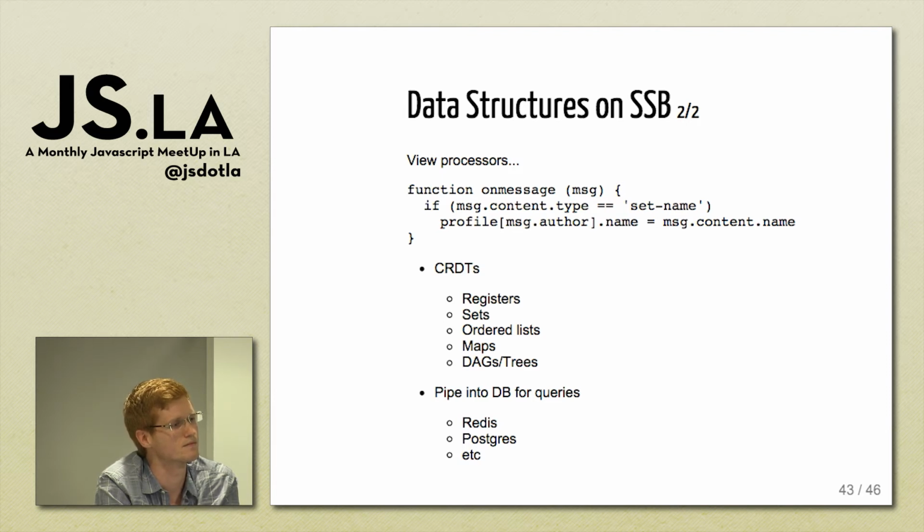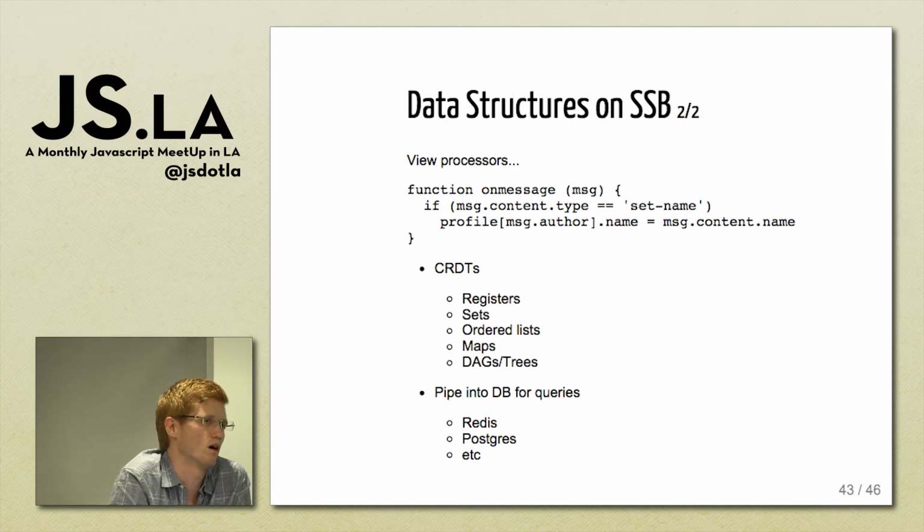Second of all, what similarities does this have to CouchDB? Is there overlap there in CouchDB's distributed syncing and replication? CouchDB is a mutable document store. This is an immutable log store, the feeds. CouchDB is meant to be used within a bunch of computers that are run by the same people, so one organization. And Secure Scuttlebutt is really focused towards multiple organizations being able to synchronize with one another.